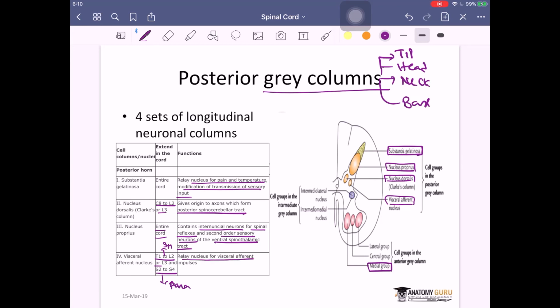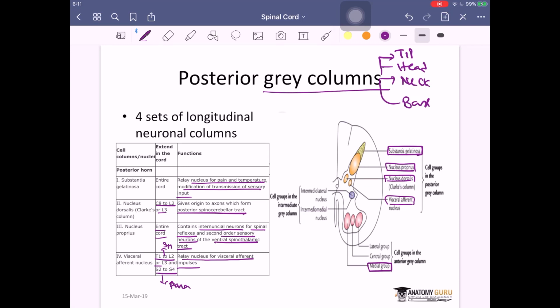So that is the reason you find this nucleus located only in this part of the spinal segments, and this is a relay nucleus for all your visceral afferent. That means during periods that pain comes from the uterus, it will be relaying to this part of the nucleus. Or if you have any stomach upset, or even the information that the bladder is full, or the desire to defecate, all this information is reaching your conscious level. First it has to pass through the spinal center, and which center is that? In the posterior horn, it is this visceral afferent center, right? So this visceral afferent center will not be coming across much, because here in the sensory tract we are talking about particular information.